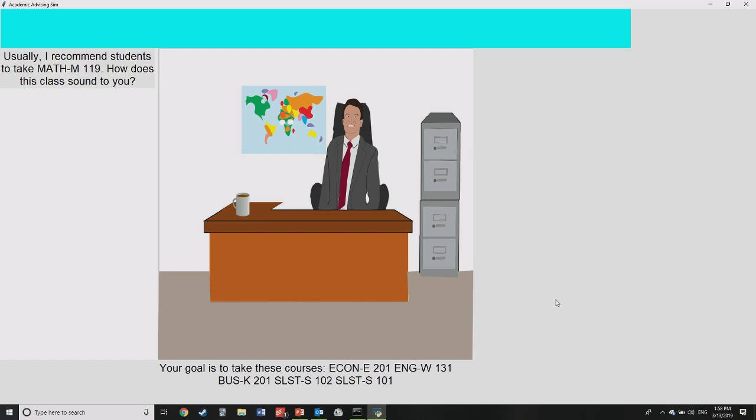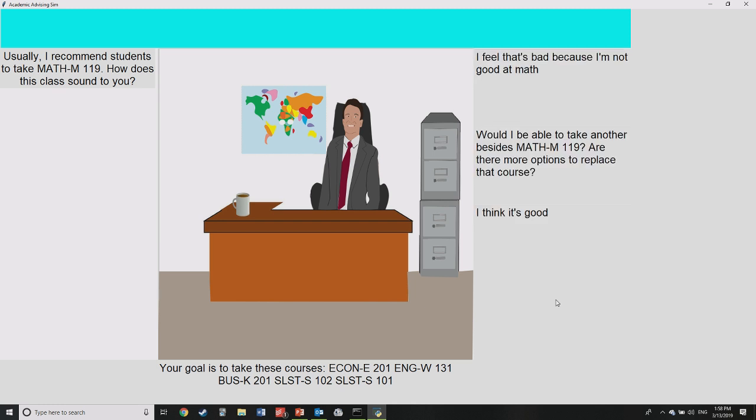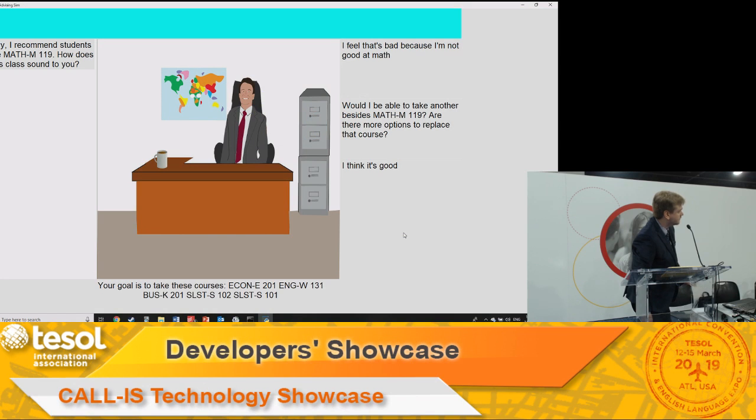Okay, so here we come up to a target item. One thing that I'm really looking at here is refusals in academic advising sessions. I found that native speakers would generally use these bi-clausal request forms: would it be possible for me to do this, or I was wondering if I could do this? Whereas the non-native speakers would say, no, I hate writing. So these were very direct responses.